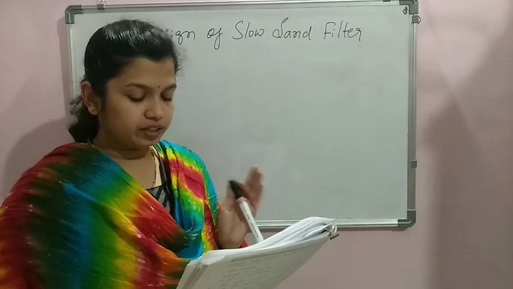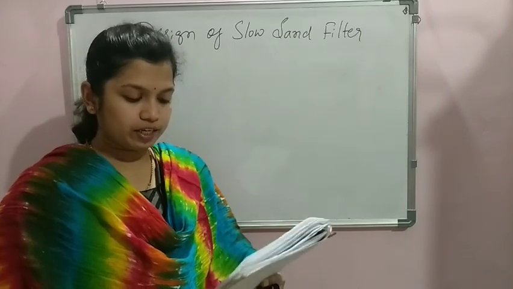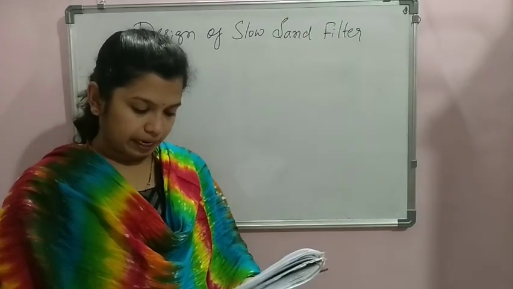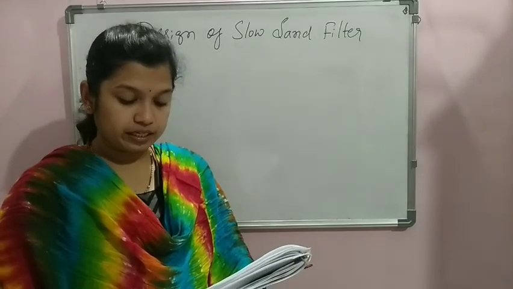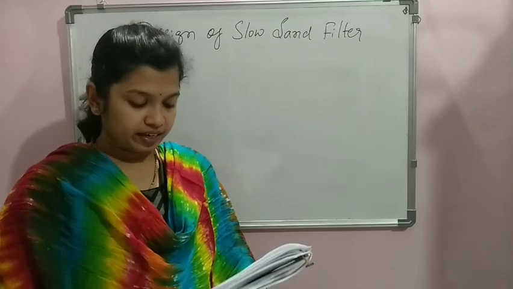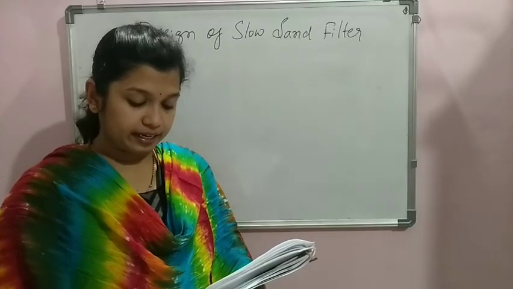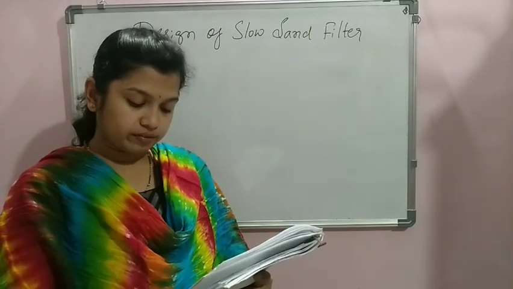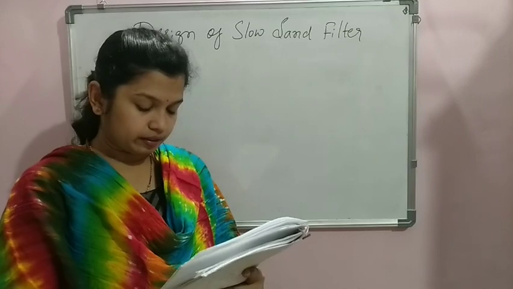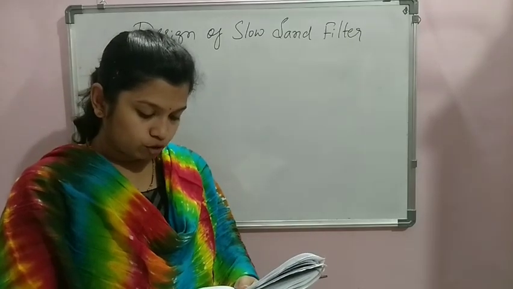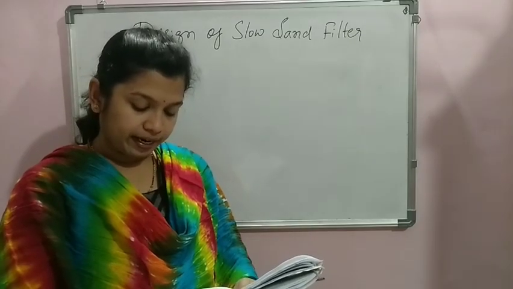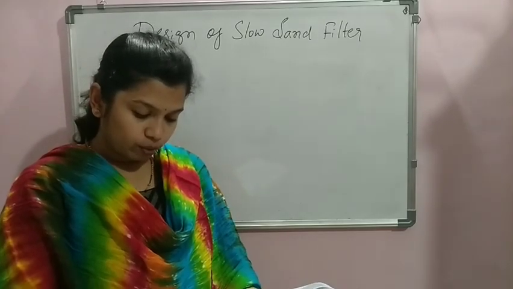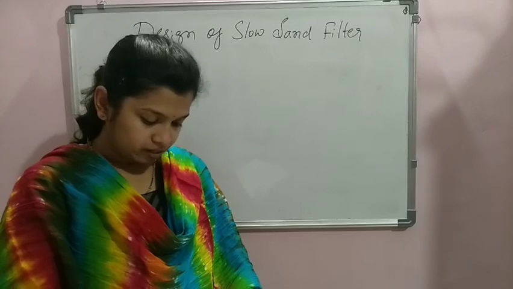The data given are, first, the population to be served, which is given as 50,000 persons, and then per capita demand, which is given as 150 liters per head per day. Rate of filtration is equal to 180 liters per hour per meter square, and length of each bed is equal to twice the breadth. And also they have given, assume maximum demand as 1.8 times the average daily demand. Also assume that one unit out of 6 will be kept as standby.